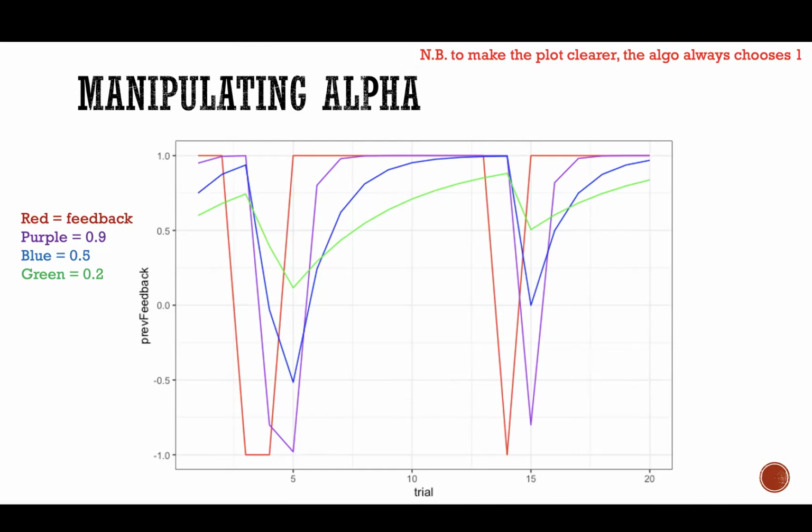You can see that the purple one is following the feedback the closest, getting up and down very quickly. In blue is a learning rate of 0.5, and you can see that it's slower in uptake than the high learning rate. And it never